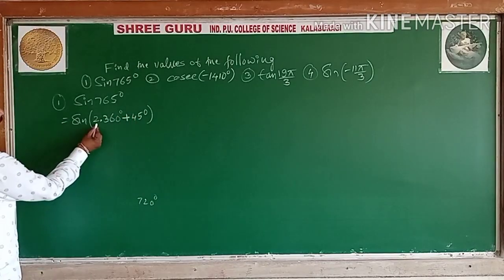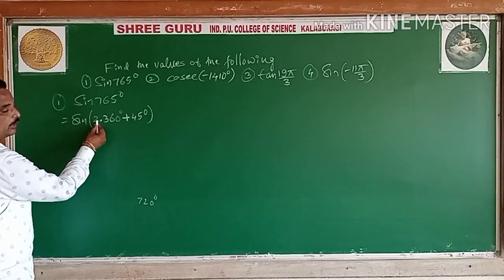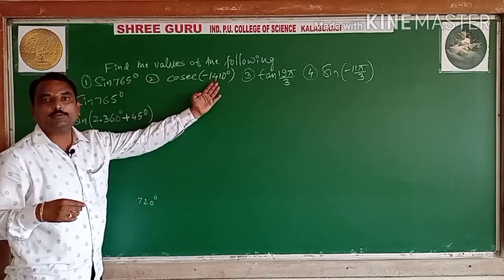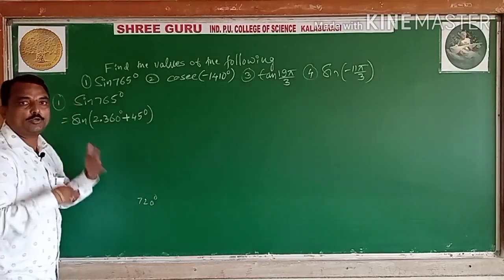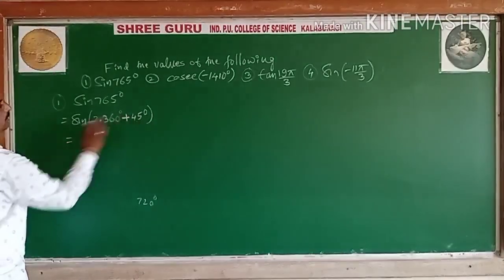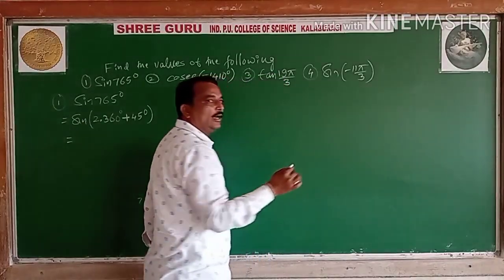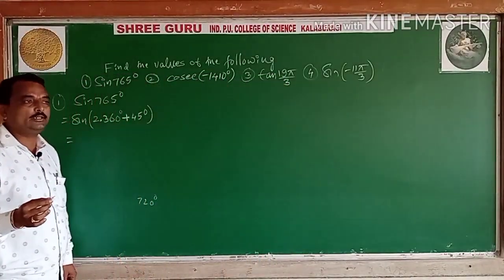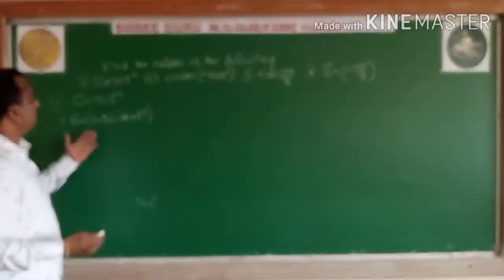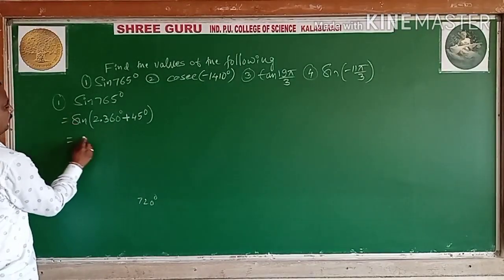So I have told, you may take n times of rotations, not only 2 times, 3 times, 4 times, depending upon the given angle. You may rotate n times of rotations. Now this is what? Sine of 360 plus theta. You know, when the angles are 90 degree plus or minus theta, 270 degree plus or minus theta, the trigonometric functions change. When the angles are 180 plus or minus theta, 360 degree plus or minus theta, the trigonometric functions remain same,